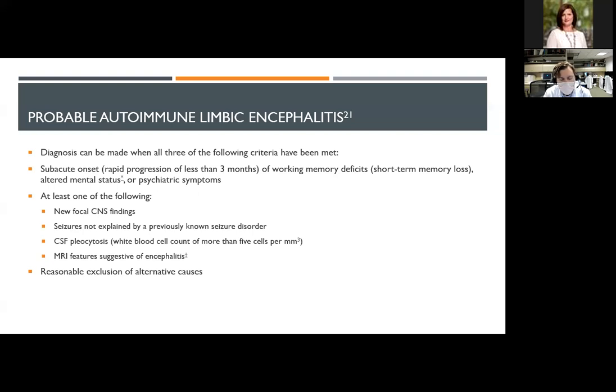You find a tumor and you look back at what their testing showed, they may not have any antibodies positive, although that's not part of this schema. The MRI probably showed just something vague. The CSF had like 3 white cells, and it was just through a high index of suspicion that it was treated and diagnosed. But these are kind of the best criteria that we have. And they do slightly differ in peds, because pediatric patients often will have a more subtle presentation, which is hard because this can already be a very subtle presentation.